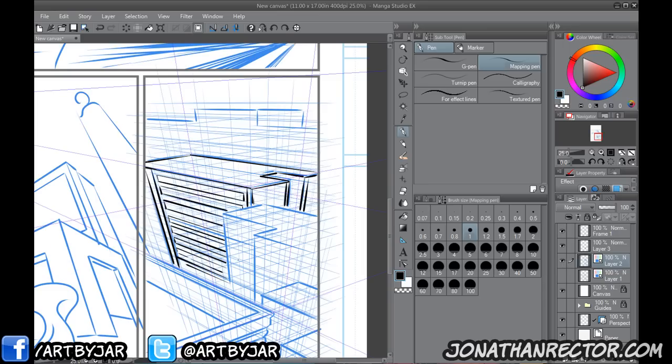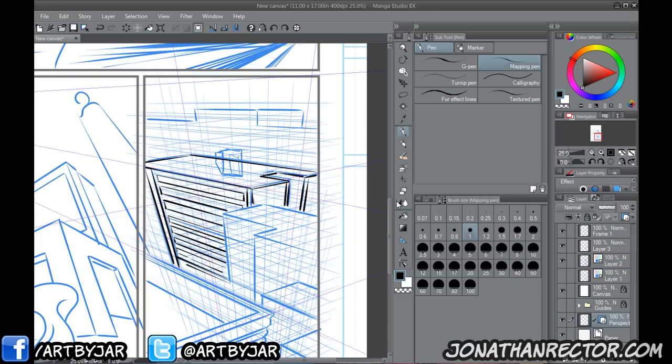Okay, so I'm back on the same layer here. What I'm going to do is gesture in what it is that I'm talking about. So maybe instead of having, pardon me, I don't know exactly what these are called, but like this roof escape or roof thing, whatever that's on there, so you can get on the roof to clean it, whatever you've got to do. Maybe it doesn't follow the same perspective of the building for some reason. Maybe it goes like something like this. Kind of like a 1 point perspective, right? Maybe that's the way I'm looking at it. You can tell it looks really effed up, but hey, why not? That's the perspective I want, okay?